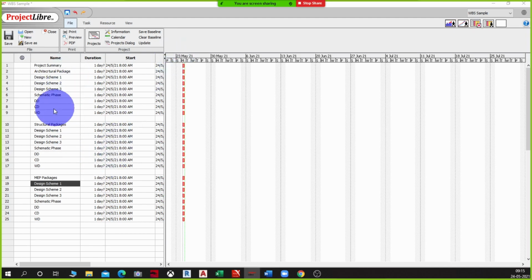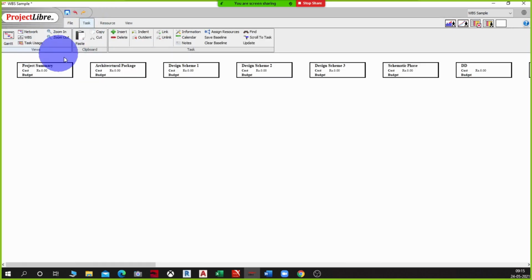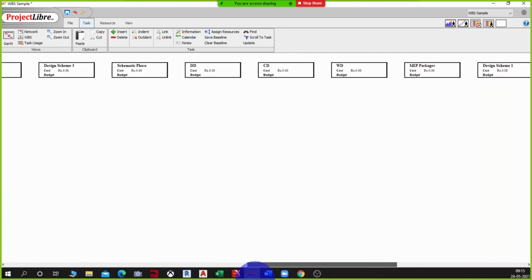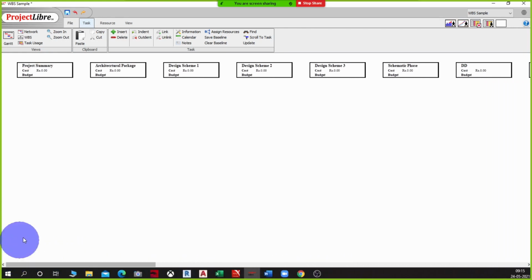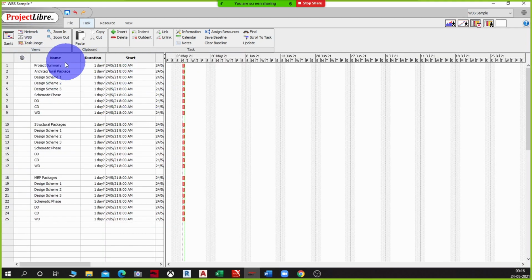All right, so now if I get into my tasks and try to see WBS, see what I'm getting here. It's just a flat structure, right? Because we have not created a package or work breakdown. Let's get back to the Gantt option, and here let's give it more structure now, just the way we did initially.